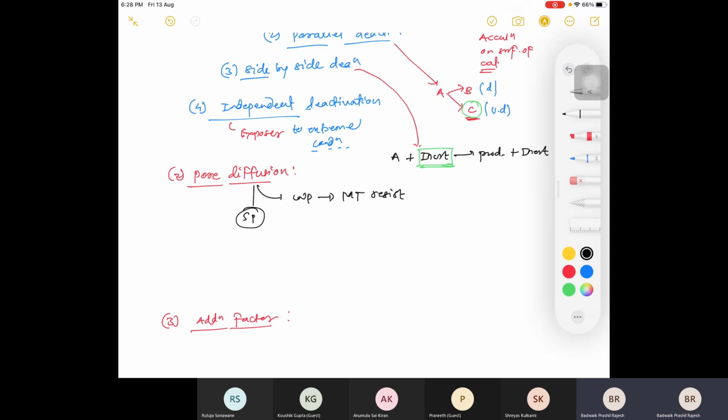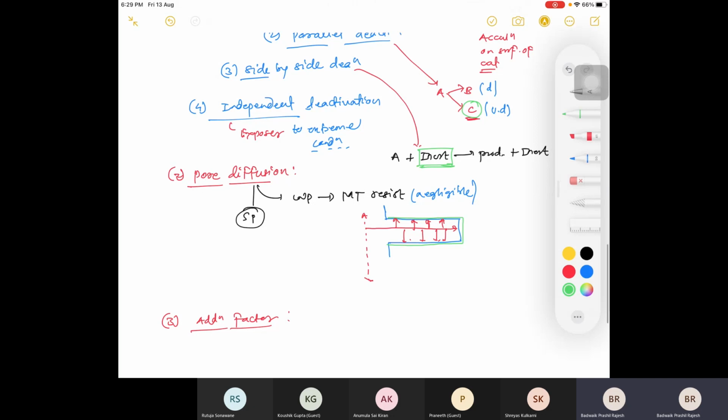So what do you mean by mass transfer resistance is negligible? Suppose you have a catalyst pore, a cylindrical catalyst you can say. Here this reactant A which is moving on this surface will penetrate inside. It will react here, everywhere it will go and deposit. So it will block this pore entirely. That is what is meant by mass transfer resistance being negligible. That's why it will deactivate the entire pore.